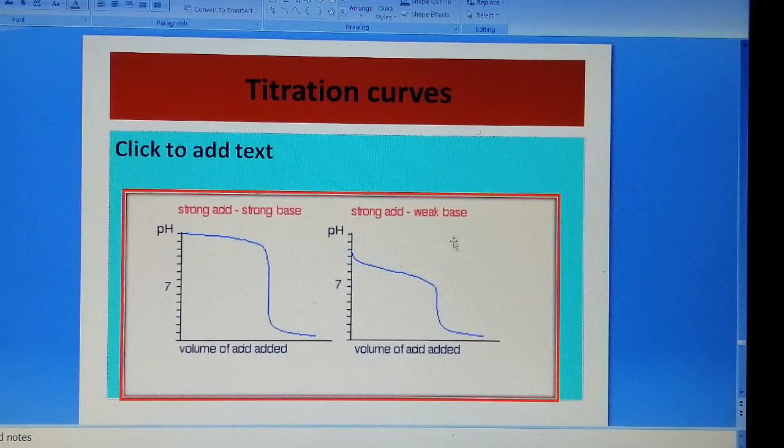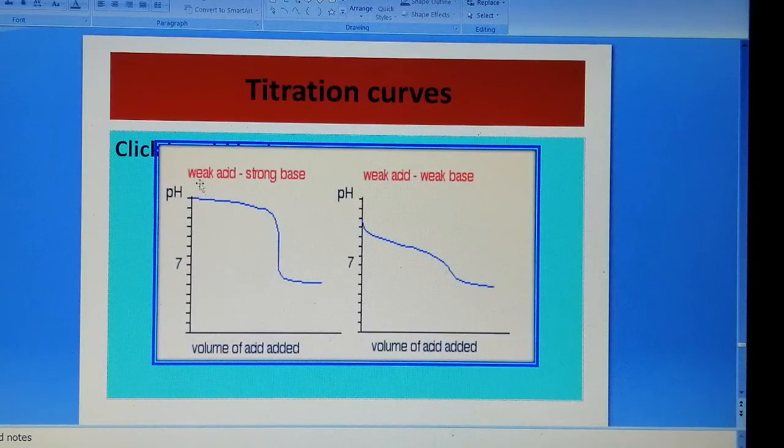Now strong acid, weak base. How do you know that this is a weak base? See here, the pH is less. Here 14, 13, 11. It is near 11. So the pH is less. We are taking a pH of 11 and adding an acid to it. It reaches the strong acid region, around 0, 1. See here the straight line is coming at less than 7. The equivalence point is at less than 7.